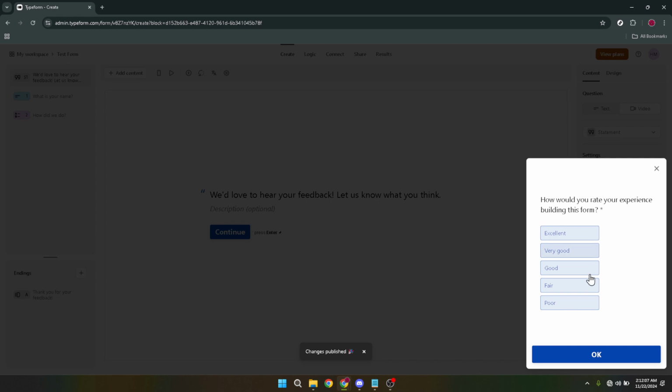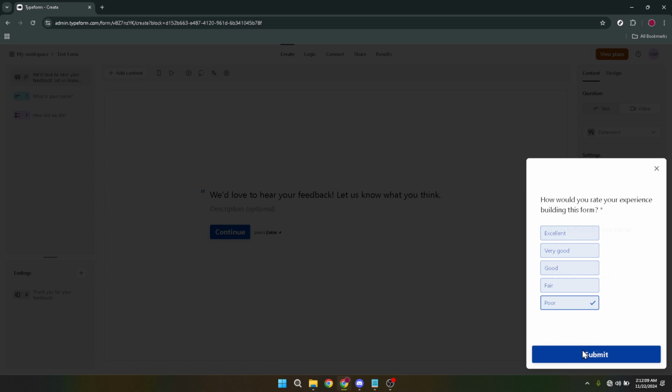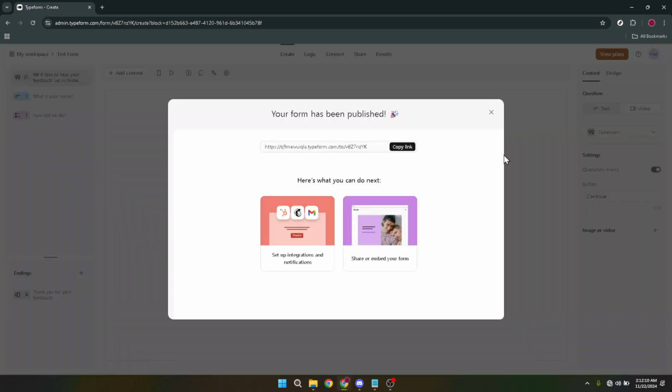Before we wrap up, let's go over a couple of additional tips to ensure your publishing process is as smooth as can be. First, always preview your form before publishing. Typeform offers a preview option that lets you experience the form as a respondent would. This step is crucial for catching any errors or typos and ensuring that the flow of questions makes sense. Another tip is to double check the settings of your form: adjust privacy settings, configure email notifications, and make sure the closing message aligns with your goals. These small adjustments can significantly enhance the respondent's experience and your ability to collect and manage responses.